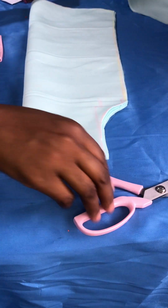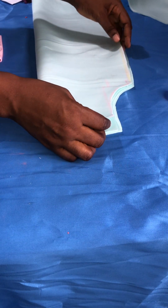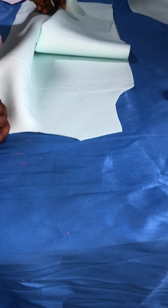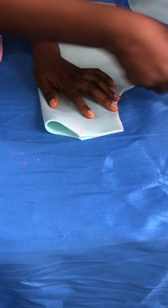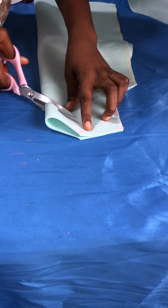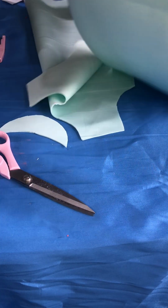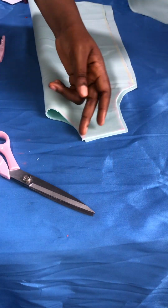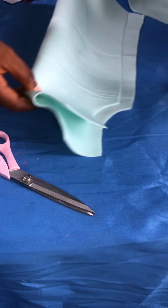So now I'm done cutting. I cut out the neck for the back, so I'll be removing the back and the front now. I've removed the front. I've removed the back because I cut out the neck first, then I'll be cutting the front neck now. So as you can see, then I'll bring out the back, and then to make the button